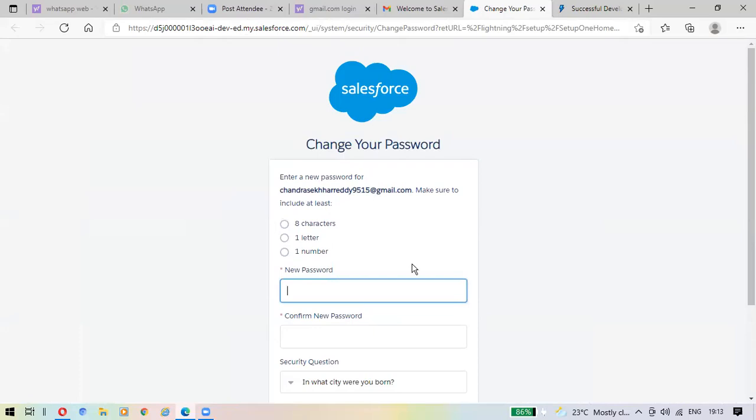There you have to choose the password. The password should have 8 characters, one letter and one number should be there. Based on that, choose the password. When you are typing that password, if it reaches the criteria that has been given, it is going to give the check mark. No need to show, so hide it. Then you type it here again, the same what you have entered there you have to type here.